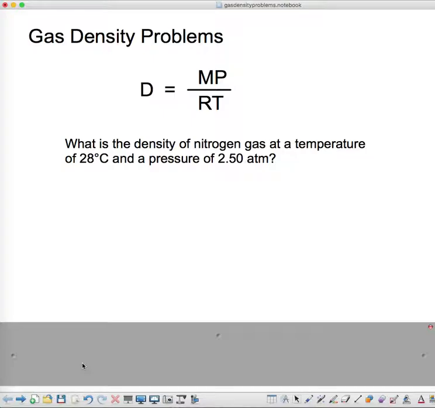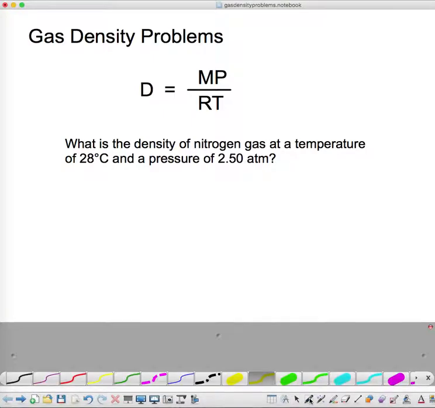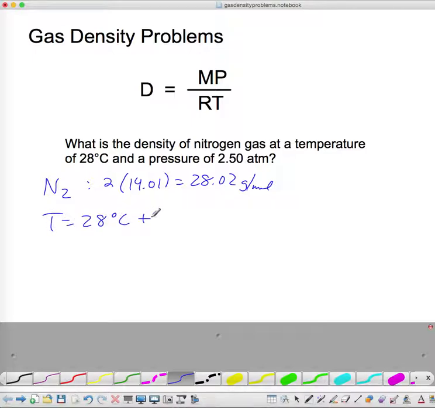and the temperature. Nitrogen is the gas that we're trying to find the density of, and you'll recall that nitrogen is a diatomic molecule, a pure element, so that means the molar mass is going to be 2 times the molar mass found on the periodic table, or 28.02 grams per mole. We know that since we're using the gas constant R, which has units of liter atmospheres per mole Kelvin, temperature must be converted into Kelvin, so we'll do that by taking 28 degrees Celsius and simply adding 273, because we know the 0.15 is going to round off, to give us a temperature of 301 Kelvin, and now we can